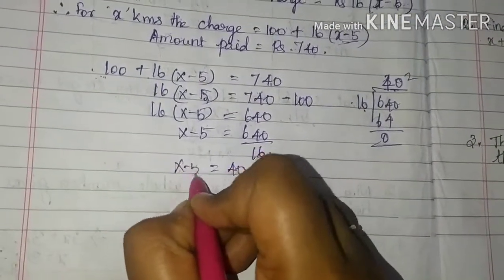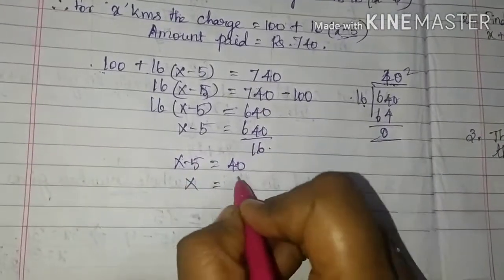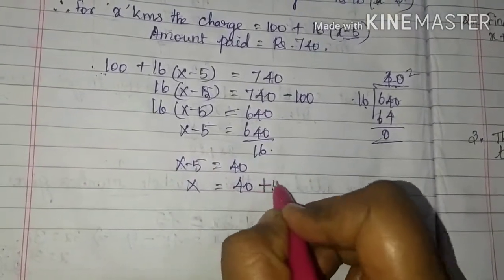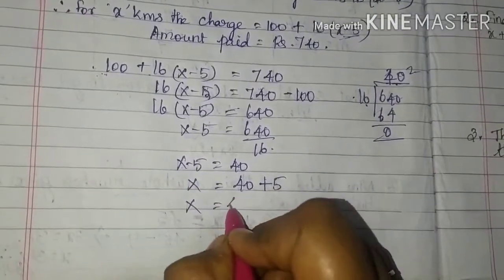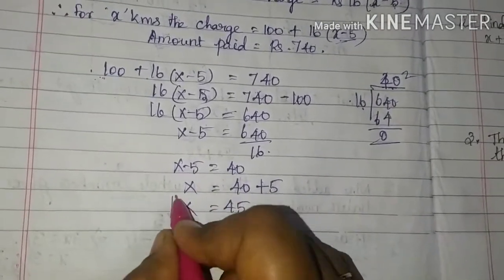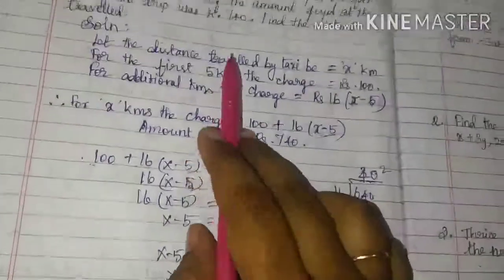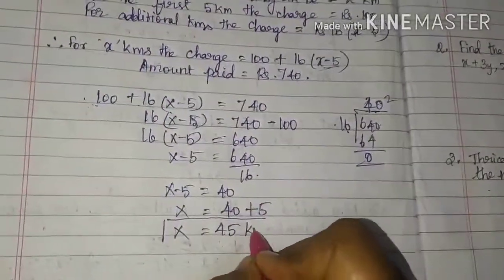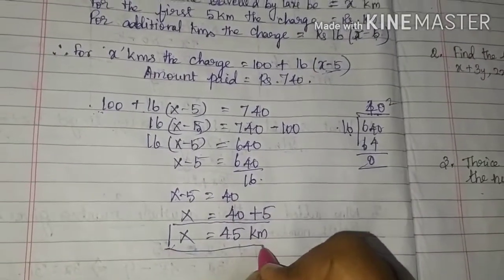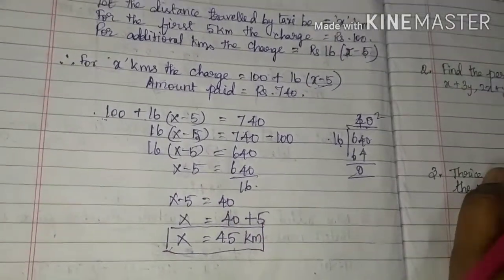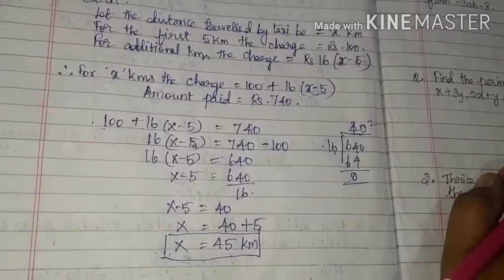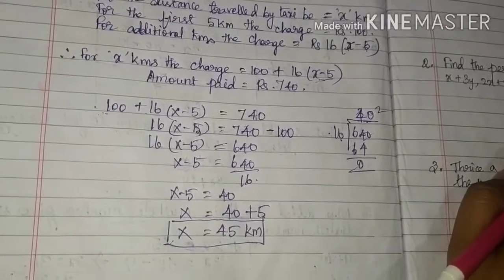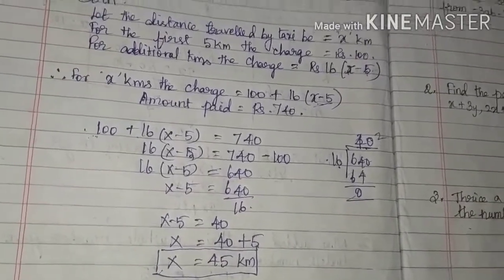Okay, now x minus 5. So x as it is you write it here, equals 40. This minus 5 this side comes, it will be changed into plus 5. So the x value equals 45. What are we trying to find? We find the distance traveled. So they traveled 45 kilometers altogether. Okay, have you clear, children? Very simple sum. Form the algebraic expression and then you can solve it. Okay, all the sums are over now.